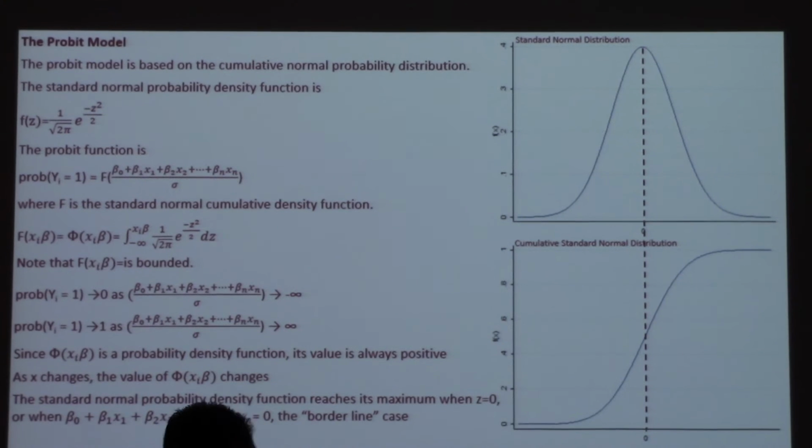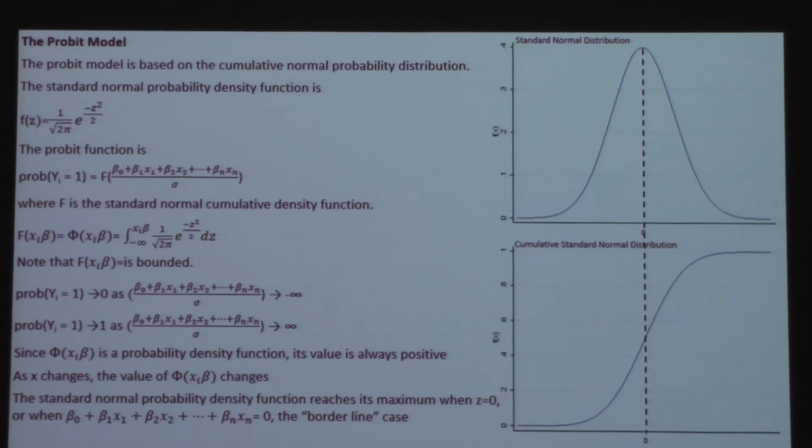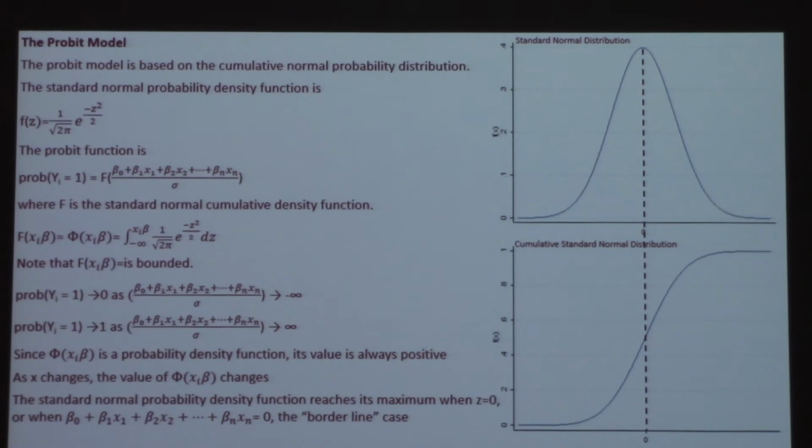So we're going to call that the borderline case because, at least in the context of purchasing, you're on the borderline of whether or not to purchase. Do I purchase? It's a 50-50 chance that you're going to purchase. So you're literally on that edge. Anything above that, and you're more likely to purchase, 51%. Anything below that, 49% and below, you're less likely to purchase. So we're going to call that the borderline case.